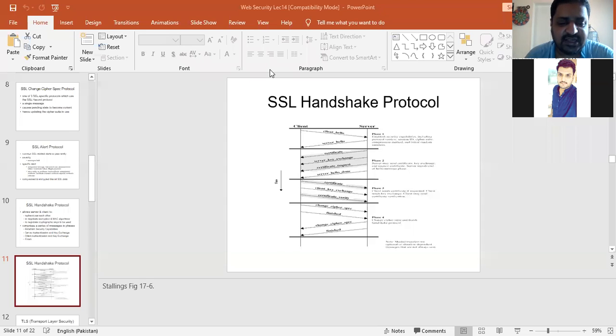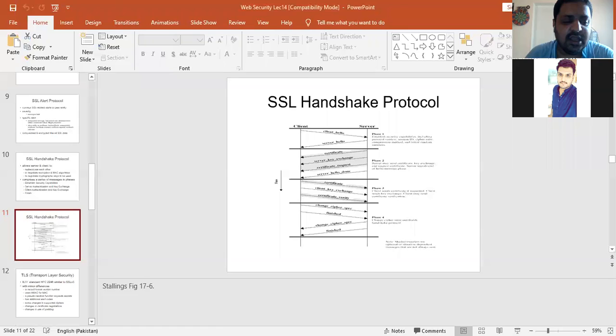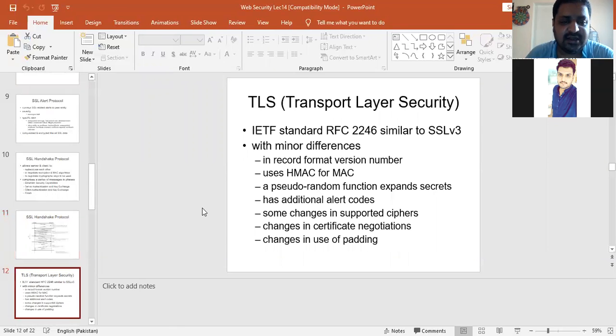And after exchanging different messages, the connection is closed. So in this way, the handshake protocol is working between the client and the server. And before sending different other messages, they are going to exchange these messages with the help of a protocol like the handshake protocol. Now, as we are discussing that the TCP layer